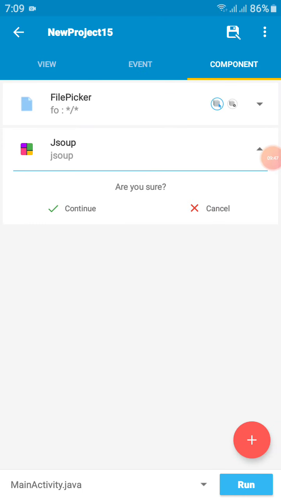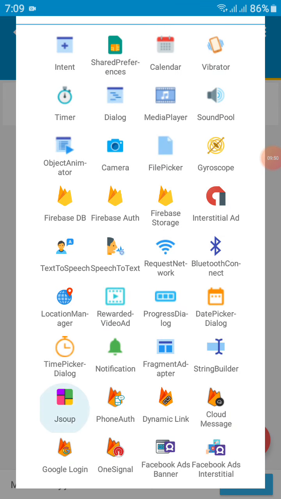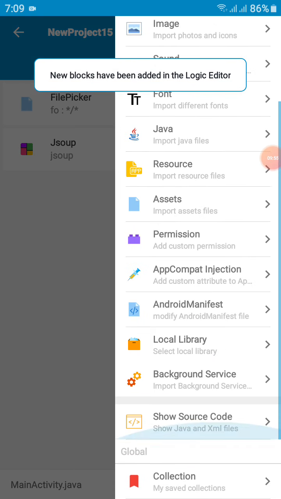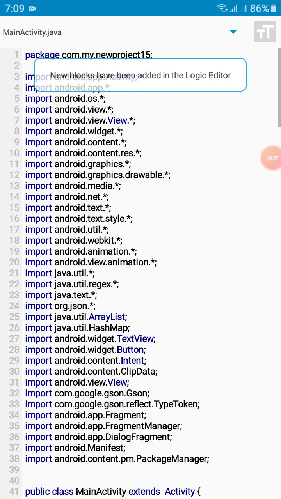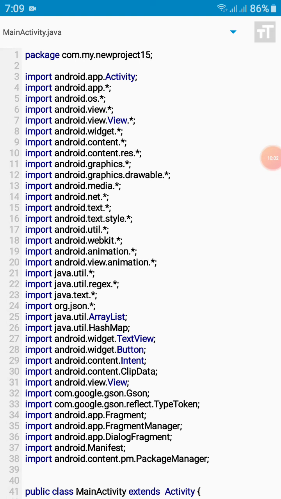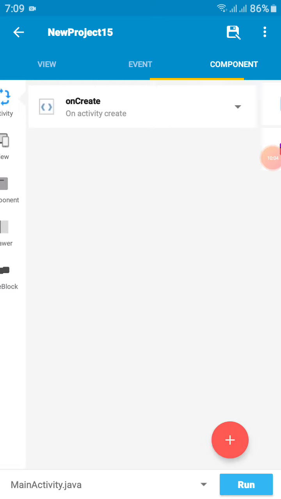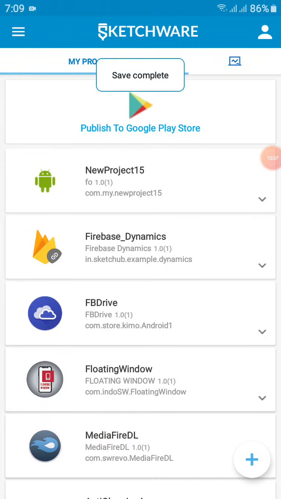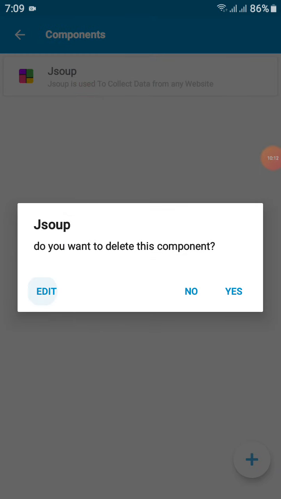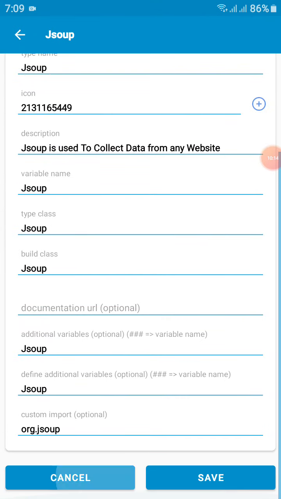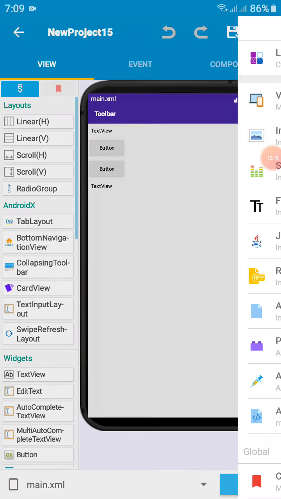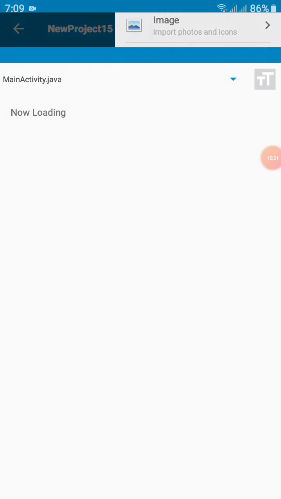Okay, I delete the component. Now I am adding the component again, and you can see here I already had it, but our custom import is not added in the list of custom imports.